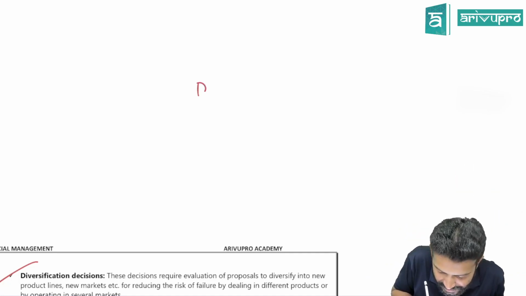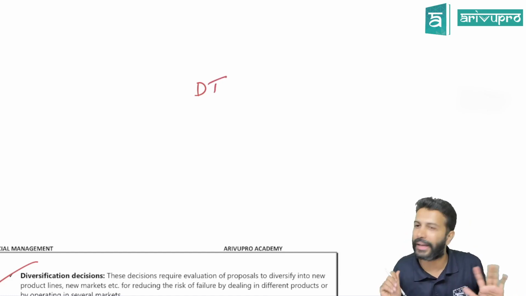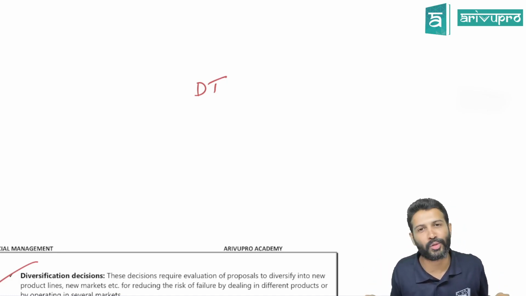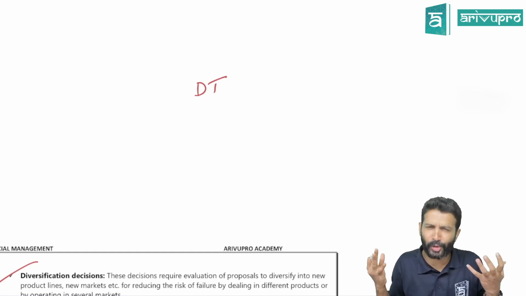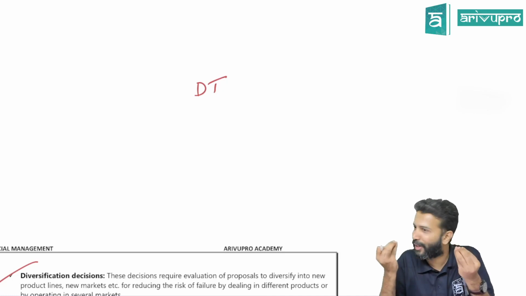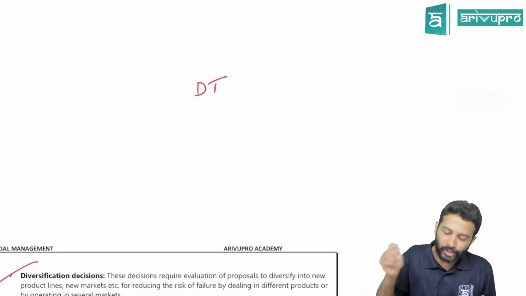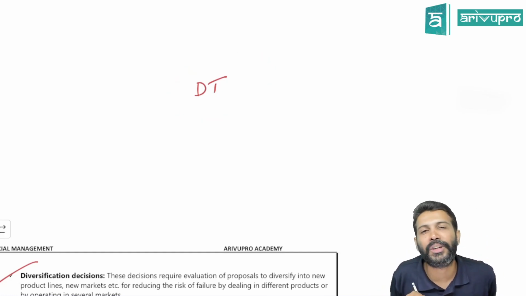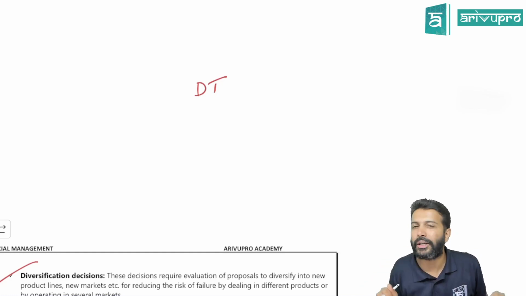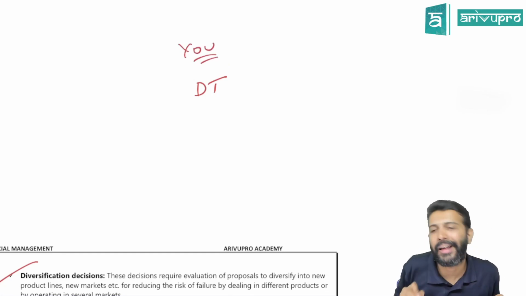Your interest is in DT, direct tax. That is what you liked. You like the subject. That was probably the paper where you scored highest, or you felt good whenever you studied the Income Tax Act of 1961. There's always a smile on your face. Maybe, I don't know. That's okay. So obviously, in which area did you want to practice? You can't practice in all the areas, so you probably need to specialize. So you decided you're going to specialize in direct tax.